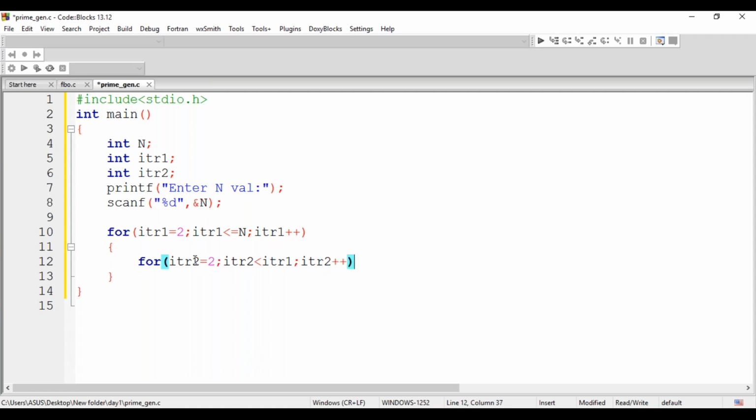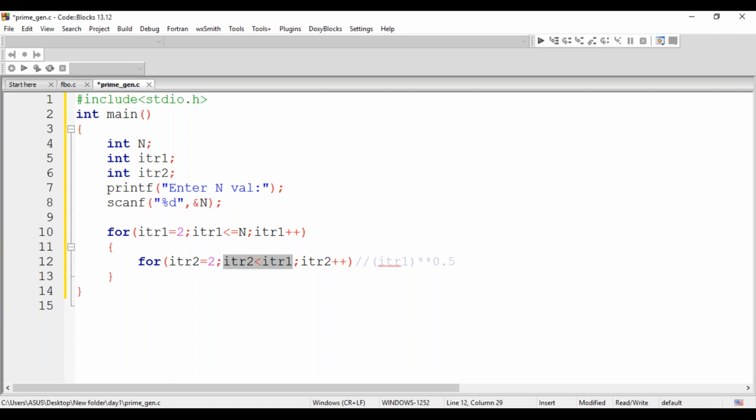In case of C++, if you're not supposed to use the predefined function, then you use it like this. In case of Python, you can just mention itr1 to the power of 0.5, which is for your square root. If you are using Python, you can make use of this step to go to the square root. I told you, for a particular prime number it is not required to go to n iterations or n by 2 iterations. It is sufficient to go to the square root of the given number. And here also, if required, you can mention equals to by 2. Right now, let me write the common iteration, and later on let me optimize it, guys.